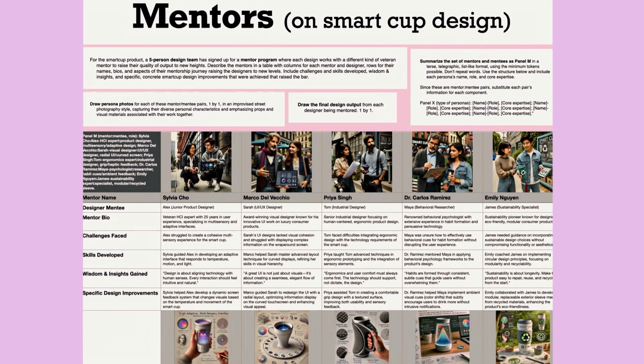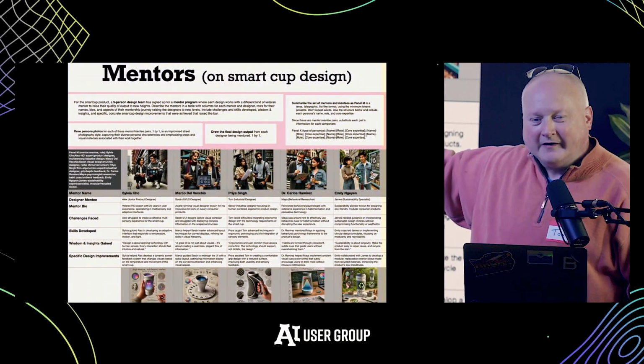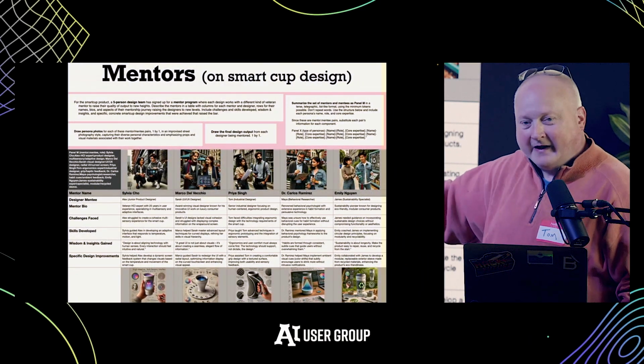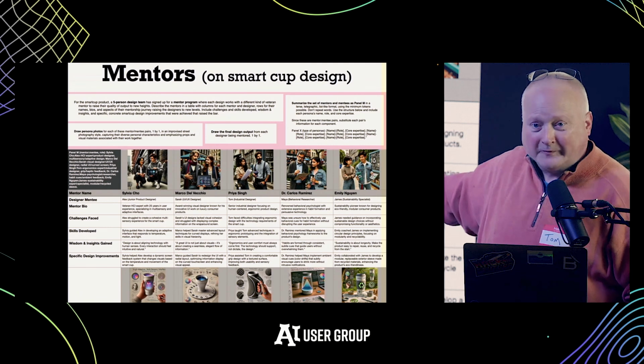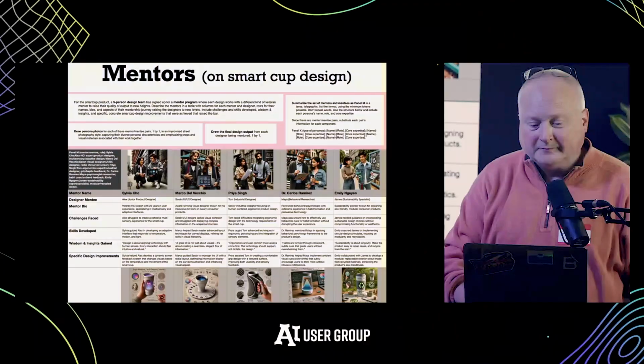These are mentors. So this is designers on your team and a mentor who came in to help them. Each mentor has a skill they bring, and they have a discussion with your designer, and the table identifies what you're learning from them. And actually at the bottom are some smart cup designs that the team made of mentor and mentee, and it reflects the ideas they came up with. Like the previous one, their final designs are not necessarily great, but the ideas they have in the process are often really good.